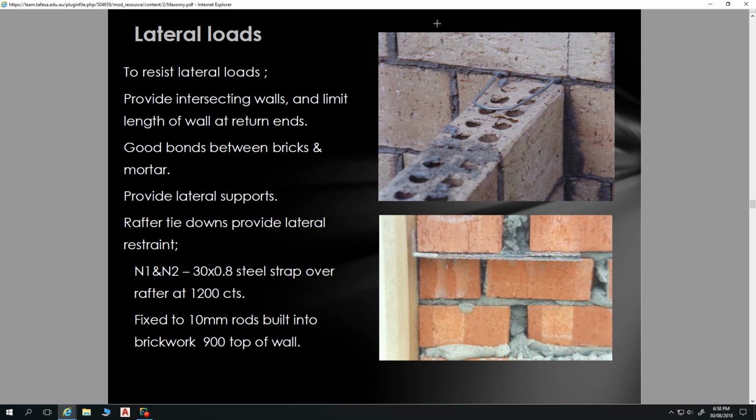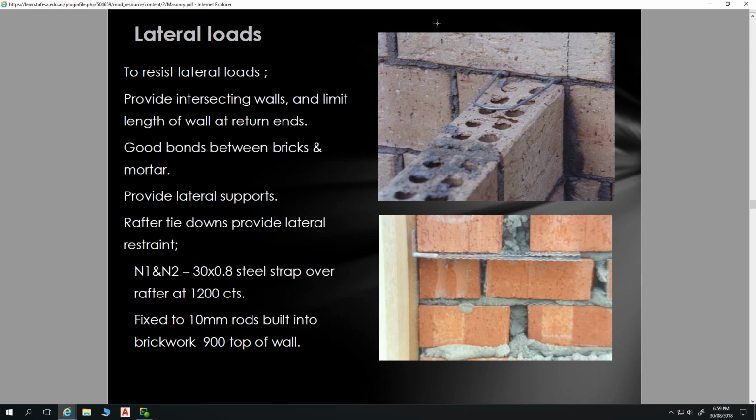Okay, so let's pretend that this is no longer a portal frame, but another leaf of masonry. So you embed your 10mm rod there. It says on there 900 from top of wall, but we typically specify them at 1200 from top of wall. That's our steel rod in there, and then you'll have a top plate fixed on here. But if we just fix our rafter that comes down here to the top plate,